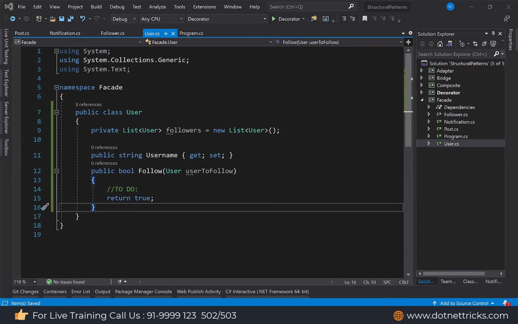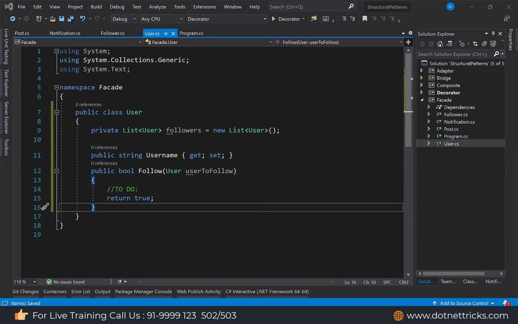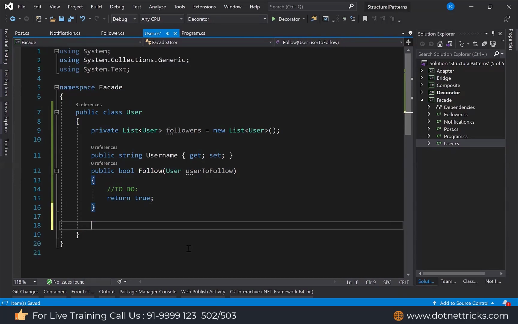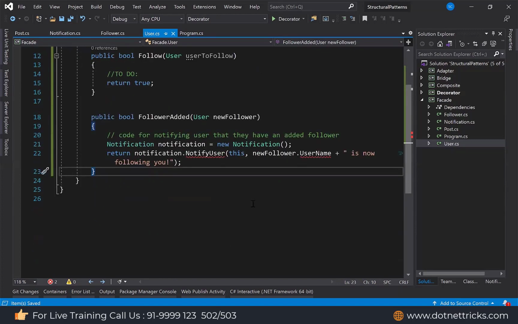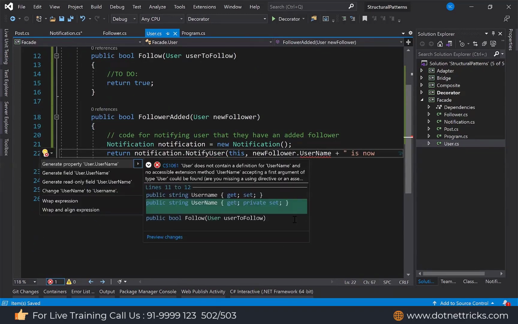Now here I'm adding other methods. Using that we will send the notification. So if this succeeds, we need to notify. So here I'm having a method where I will add followers added. And in the notification class, I will add a method notify to the user.